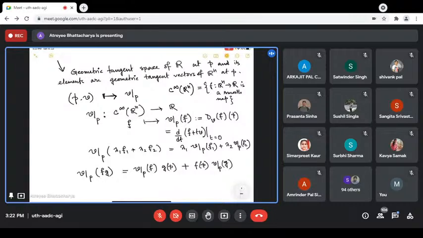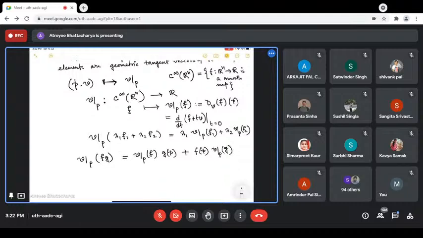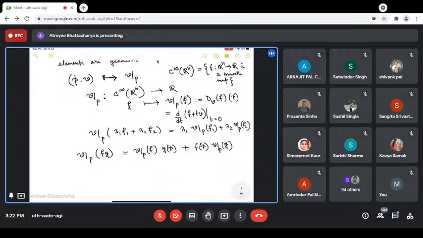Each geometric tangent vector satisfies this rule. Okay. And in particular, suppose I consider the vector